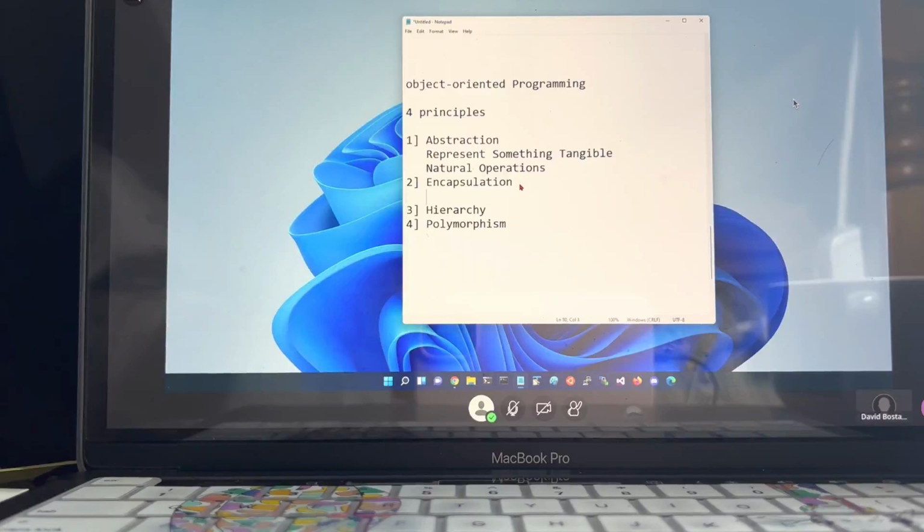Now, encapsulation, it often focuses on what I'm going to call data encapsulation. Or sometimes that's called data hiding.